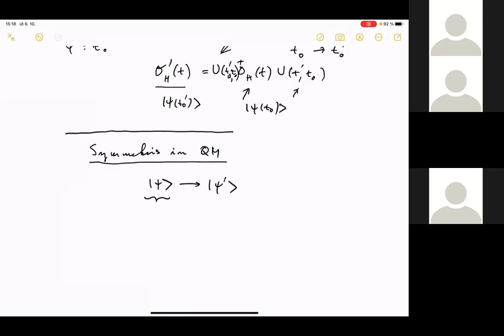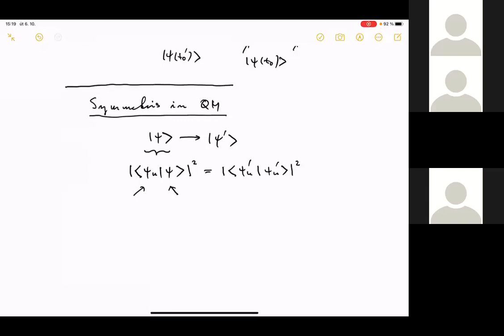And the symmetry is not an arbitrary mapping, but a mapping which preserves the transition probability amplitudes, or the probability of measuring the state psi n in a general state psi. This probability is given as the square of the corresponding amplitude, and the conservation of probability means that if we make the mapping, this square of the modulus is not changed. There exists a powerful theorem, known as Wigner theorem,